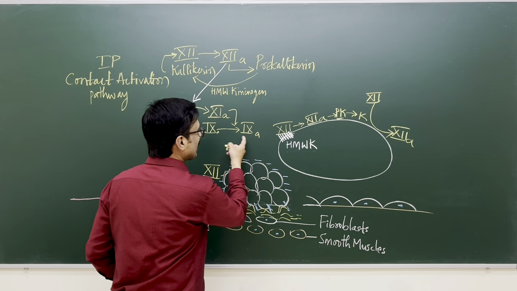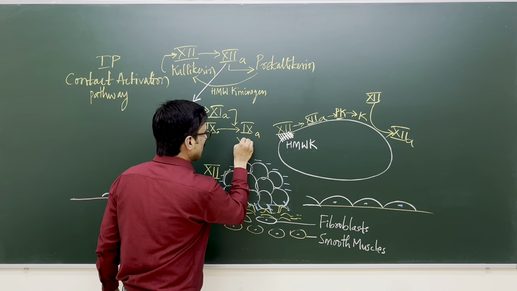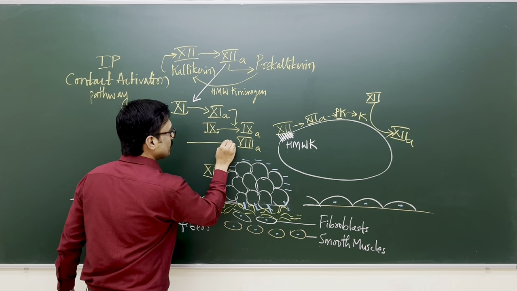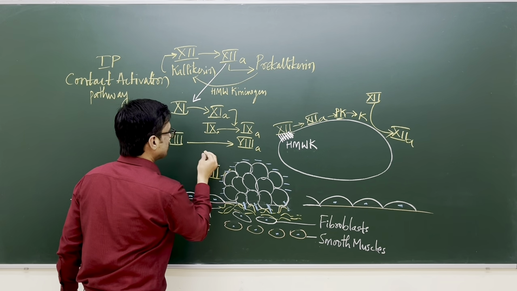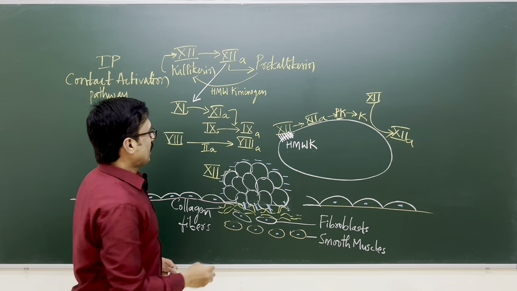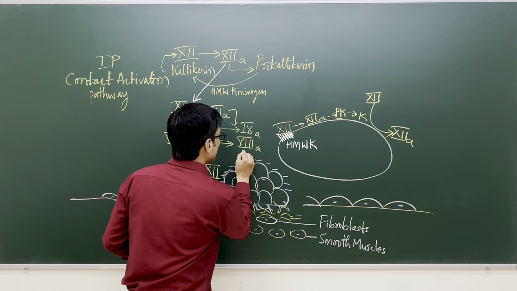So now this activated 9 will combine with factor 8, which is activated by thrombin actually. Factor 8, which is activated by factor 2A, thrombin, and this factor 9 along with factor 8, they form a complex